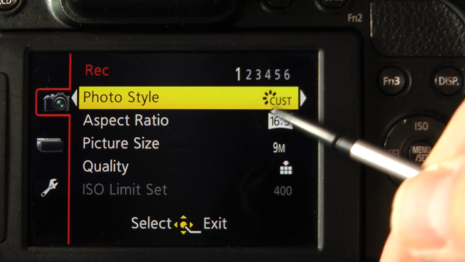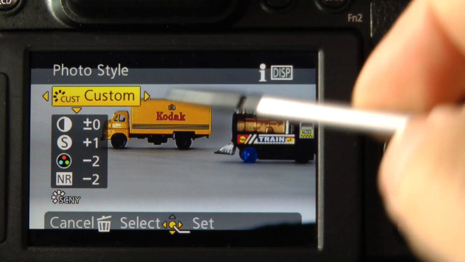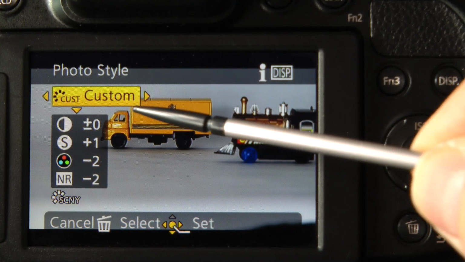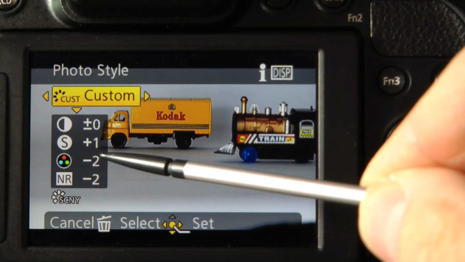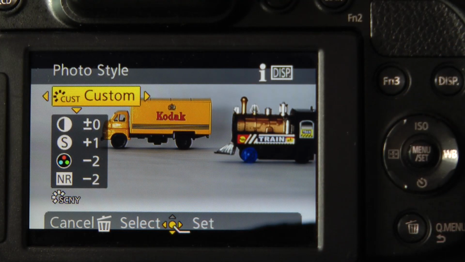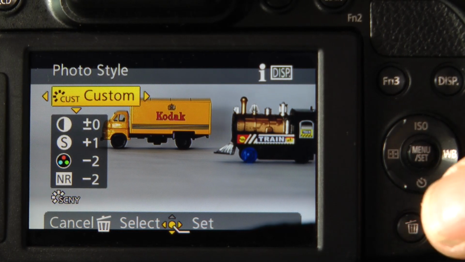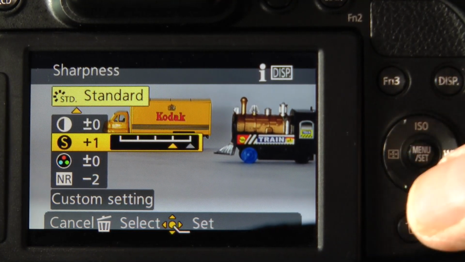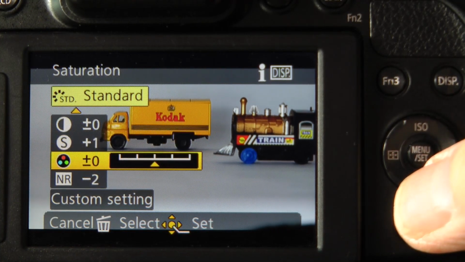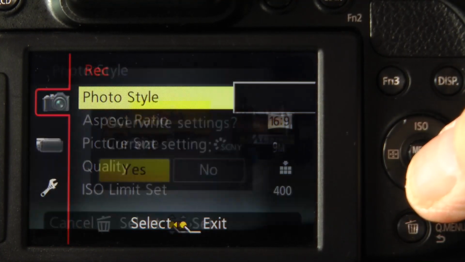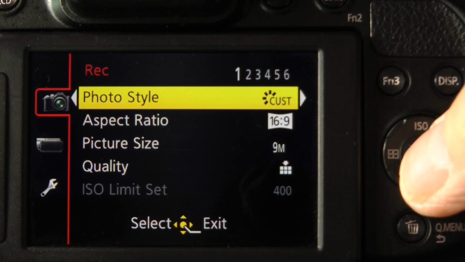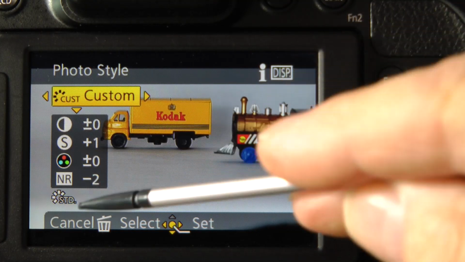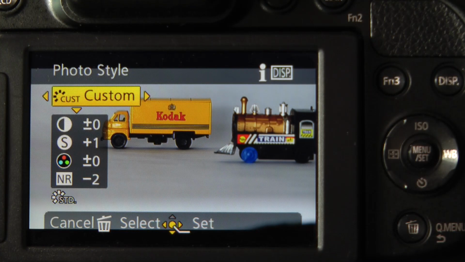It then switches to the custom mode for you, and you can see that in custom the actual bottom now says scenery, and it has brought through the settings that we saved in the scenery mode of +1 sharpening, -2 saturation and -2 noise reduction, and you can save that in any profile. So for example, if I went through to the standard mode and I changed the sharpening to +1 instead of +2, and go down to the custom setting and overwrite the current settings, again if I go into the custom profile, you can see that we've got the +1 sharpening, -2 noise reduction applied to the standard photo style.